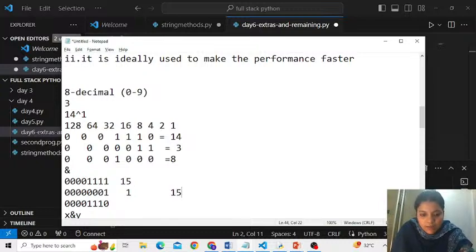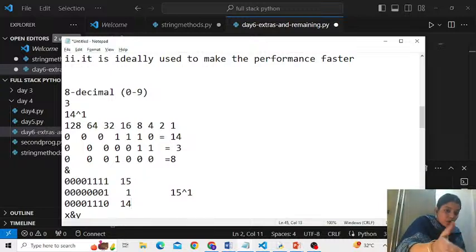15 को 1 से हमने XOR किया, right? Answer कितना आया final? 8 plus 4, I think 12. 12 plus 2, that is 14. Is that okay? So yeah, 14, correct. So this is in fact a quick method in memory to determine whether a number is even or not. If you XOR by 1 and it decrements by 1, that means वो odd. If you XOR by 1 and it increases by 1, that means वो even.